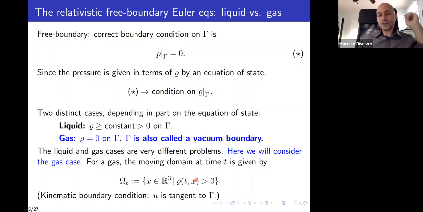There's another boundary condition, which means that the velocity has to be tangent to the free boundary. So the forward velocity has to be tangent to this set in space-time, but that boundary condition is kinematic in nature, so I'm not going to say much about it. I'm going to downplay the role of the second boundary condition. You can view it more like a consistency condition for the problem.